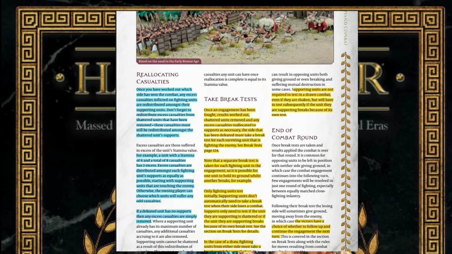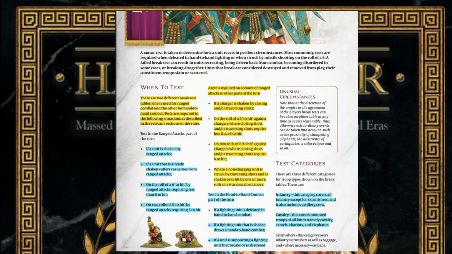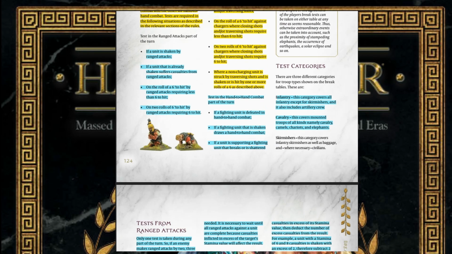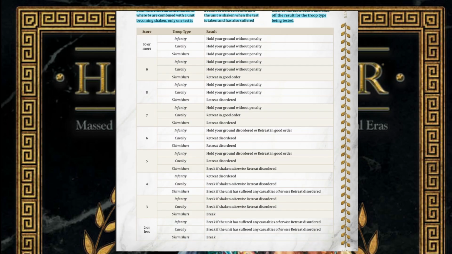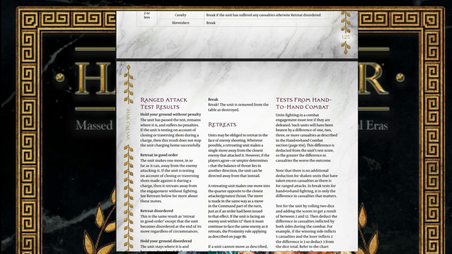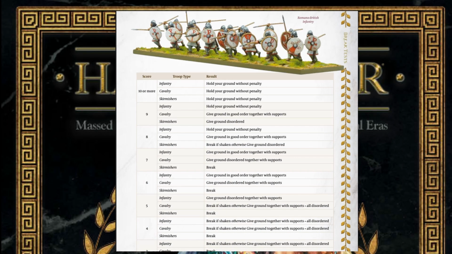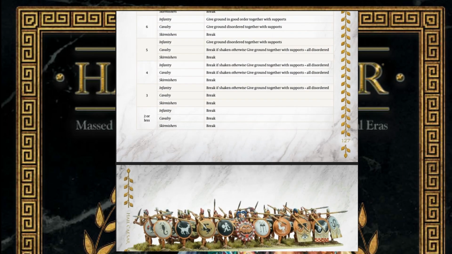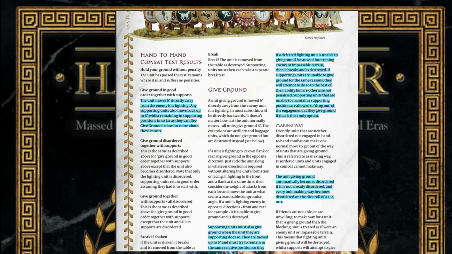Break tests, end of combat round, and then you go to break tests. We know the break tests of Hail Caesar, the same as before, is quite interesting. I consider them very good because you have a lot of pushbacks and a lot of retreats with disorder, or hold your ground and retreat in good order. I like the break tests, either from ranged attacks or from hand-to-hand combat of Hail Caesar. I think it works really, really well, and of course, obviously, beautiful, beautiful photographs of miniatures and armies and units